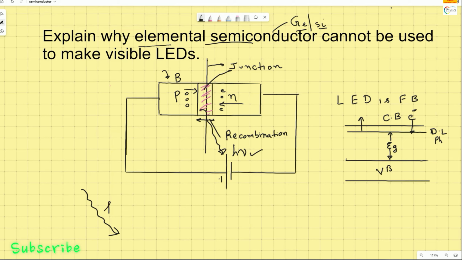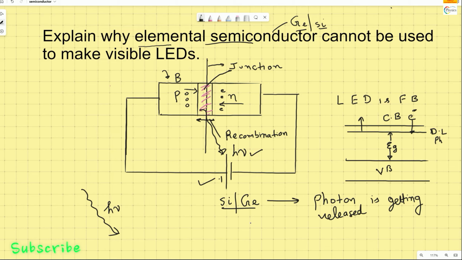Now, when this happens, in the case of elemental semiconductors, the most versatile of the semiconductors, if you have a PN junction diode which is forward biased, the way I've just forward biased this, the photon is getting released in the case of silicon and germanium. So the photon is getting released. The problem here is that this photon, which is getting released, is not